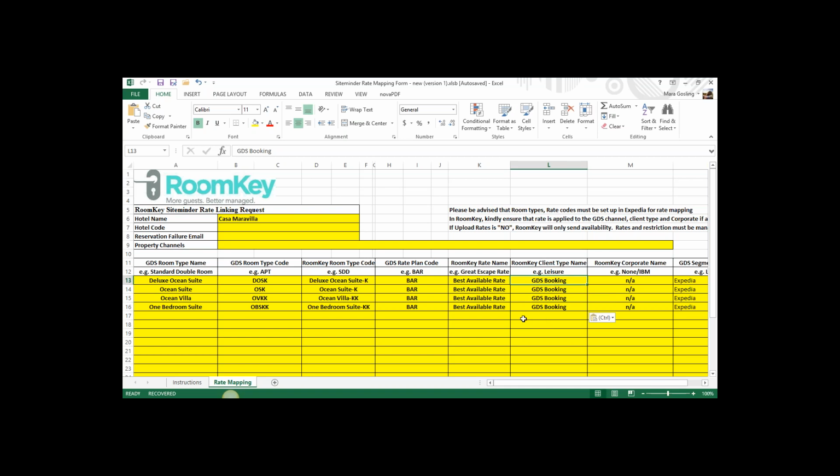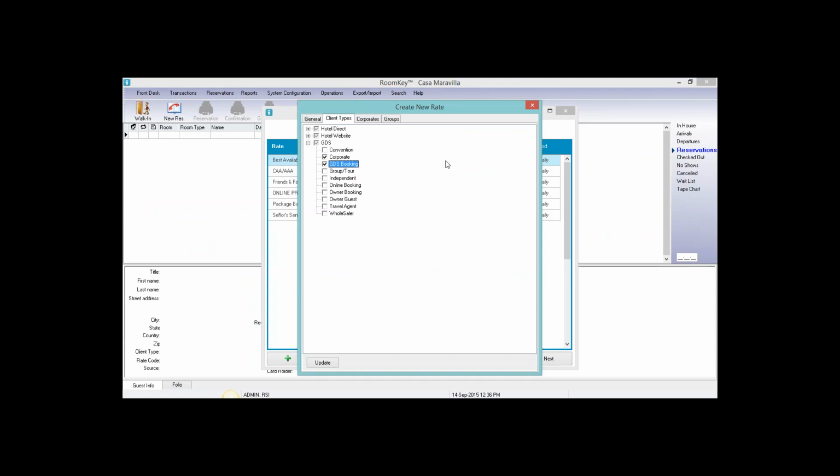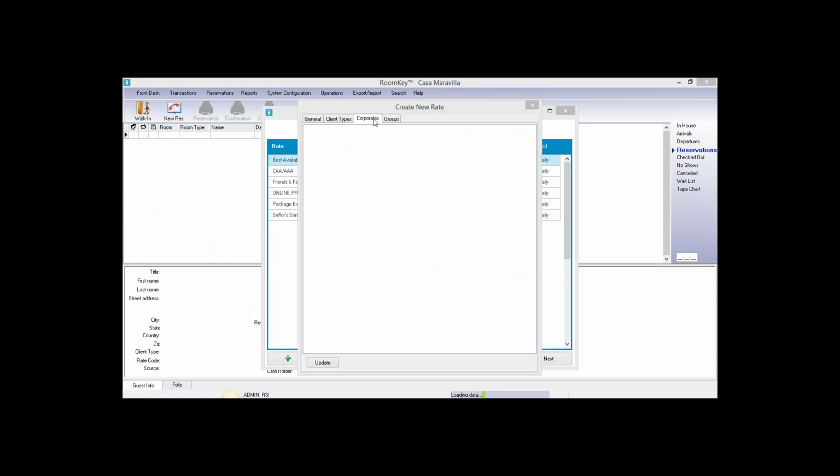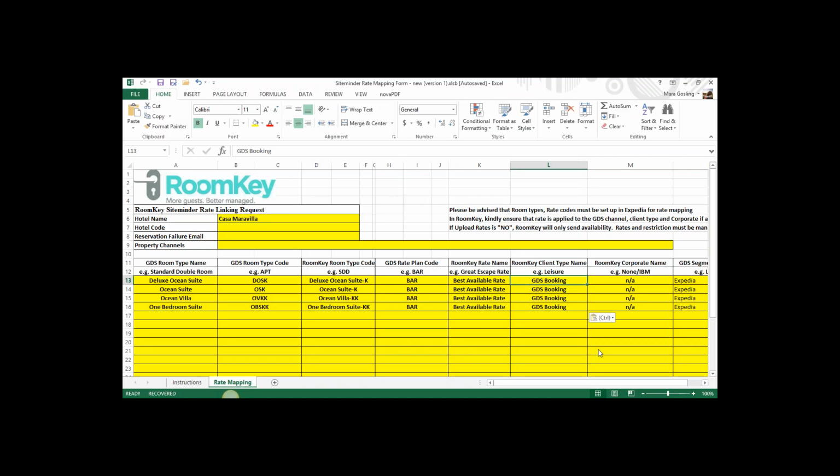So we've made sure we've recorded the client type for that rate. And then in the same window, if we select the corporate type, we can see that the corporate type selected under the GDS channel is Expedia. So make sure we record that. Now, if there isn't a corporate type, that's okay. It doesn't necessarily have to have one. We can just put not available if there isn't one, or we can put in Expedia as we saw it was recorded